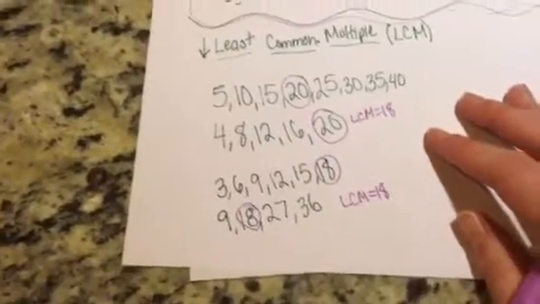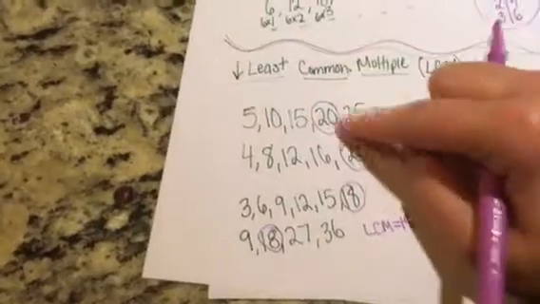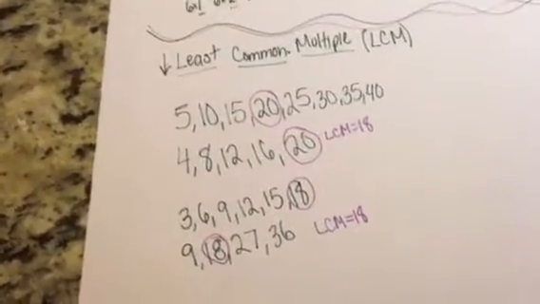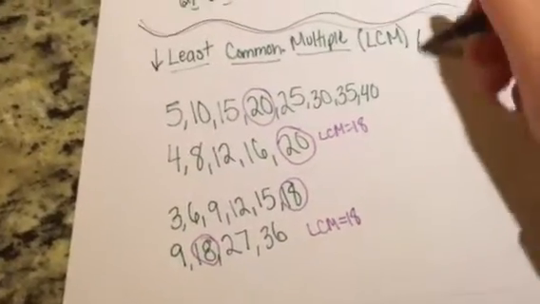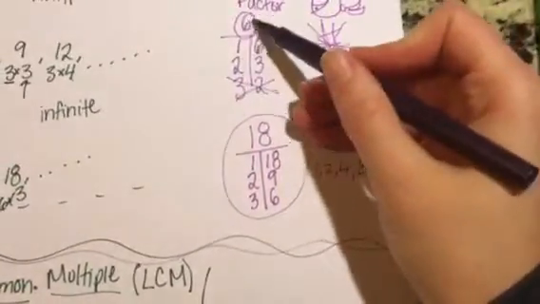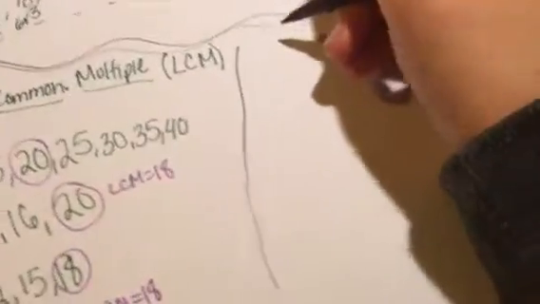So that's how you find your LCM, your least common multiple. You list out the multiples and you choose the one that's the smallest. Got it? All right, now changing gears. Factors. When we break apart a number, you're looking for what can I multiply together to get that product. So you have something called the